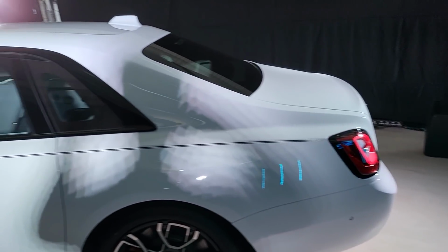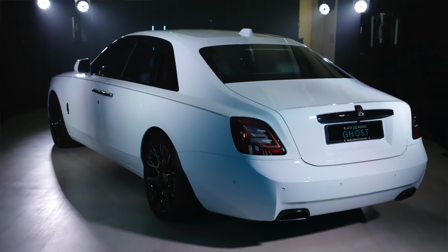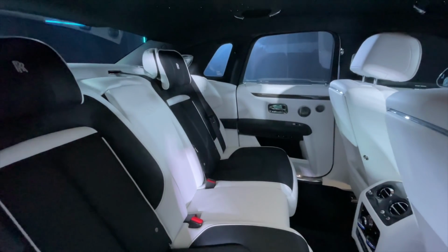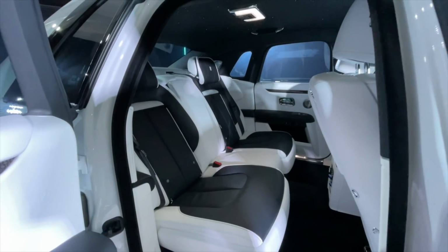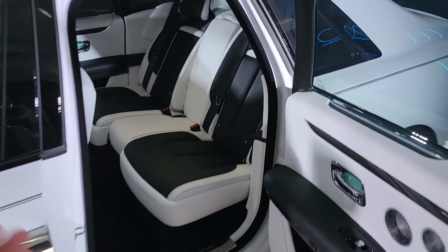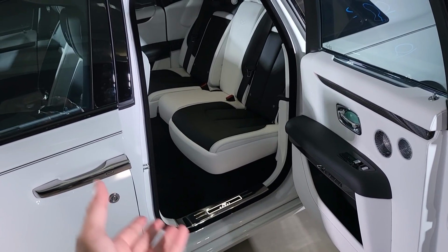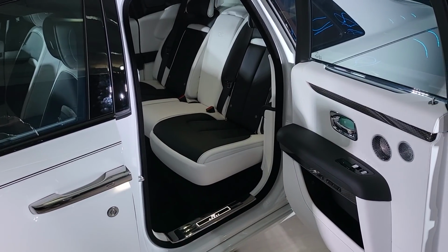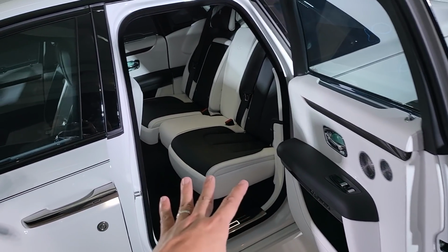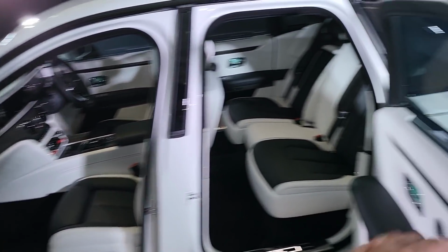But Black Badge was created just to counter that, and it has been doing exceptionally well in areas with a lot of new wealth. Why? Because now the car is not only capable of ferrying you in perfect comfort from behind, where your chauffeur drives you to your meeting location while you do your work, your trades or your deals, go through phone calls, or even update your social media during a busy morning. However, at night, when you just want to drive yourself, and your partner, it is a perfect